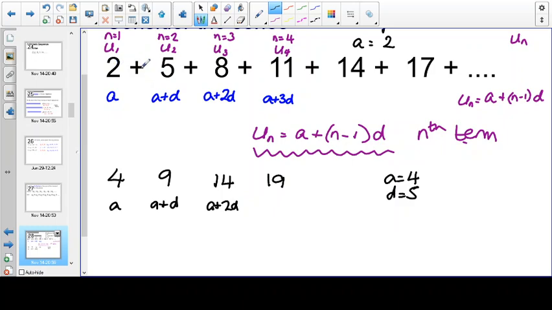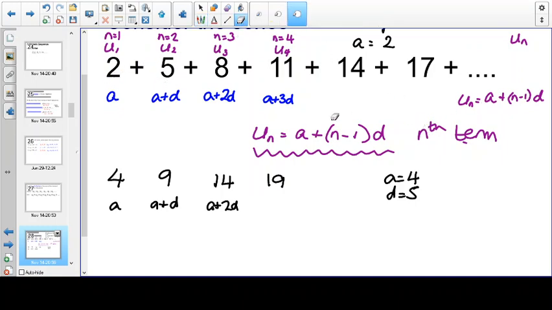So it doesn't matter what this is, as long as it is an arithmetic sequence, then these are always going to be the same. So by generalizing it in terms of its first term and its common difference, we can